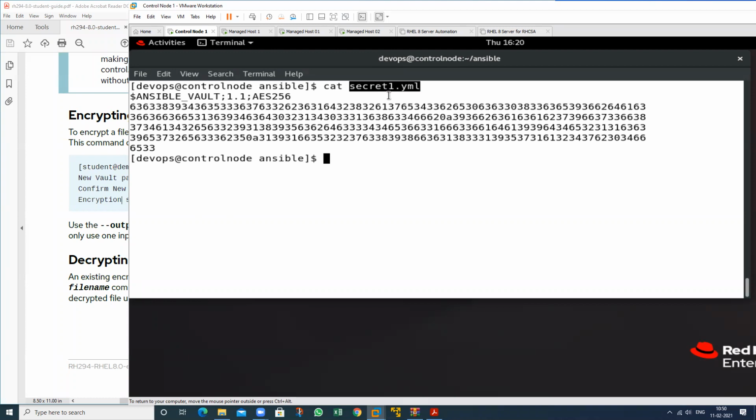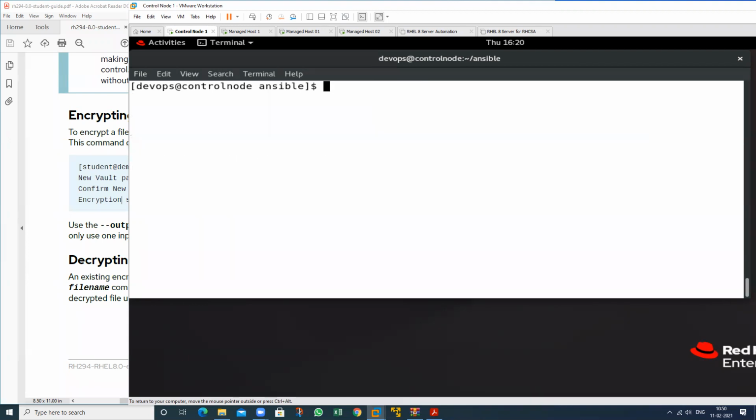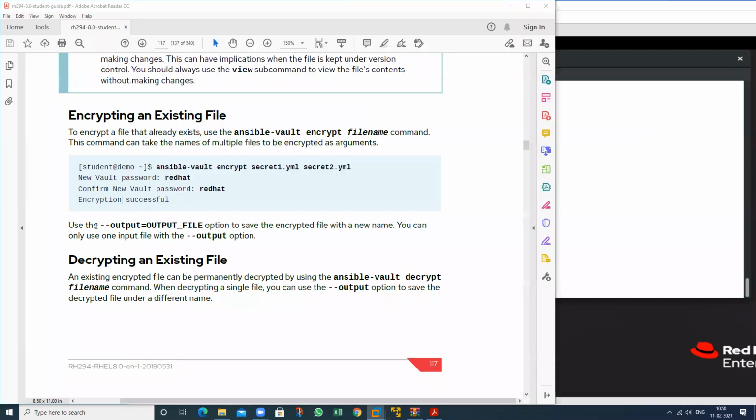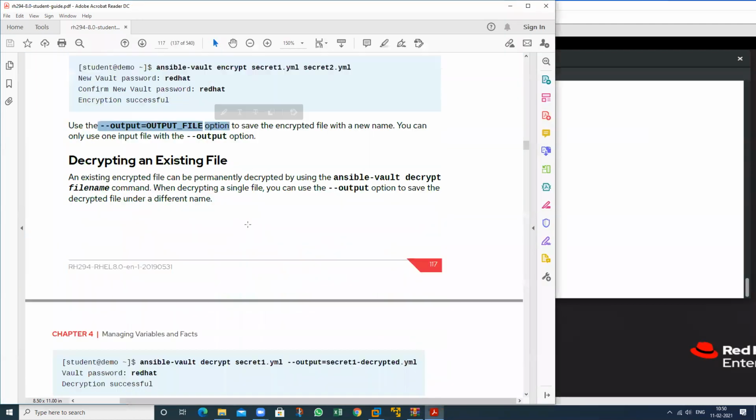This file will not be decrypted like this. I have decrypted, and this file has been decrypted, but I do not want this file decrypted. I want my data, but in another file. Then what is the concept? If I want to decrypt this one, what is the command?